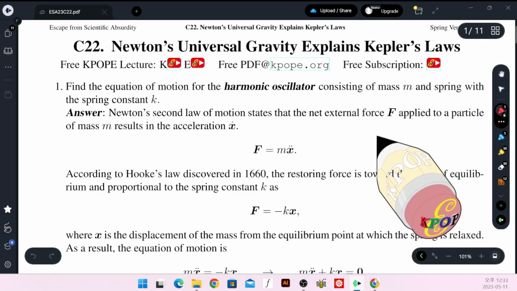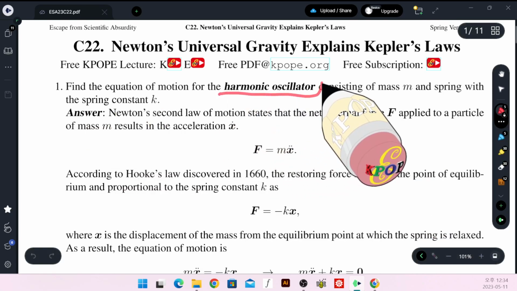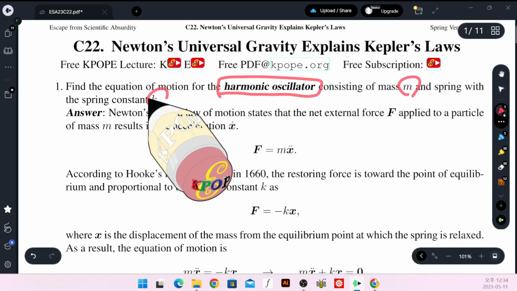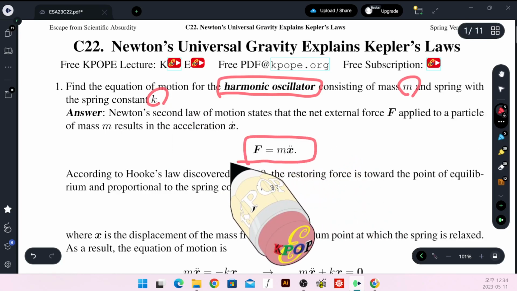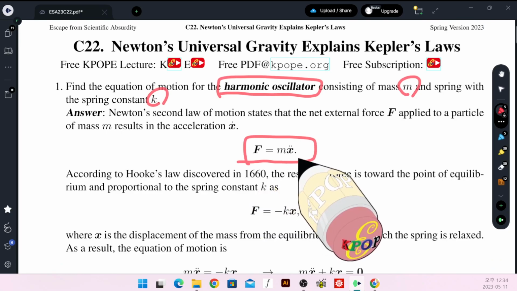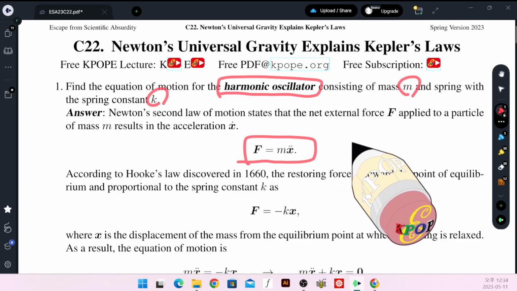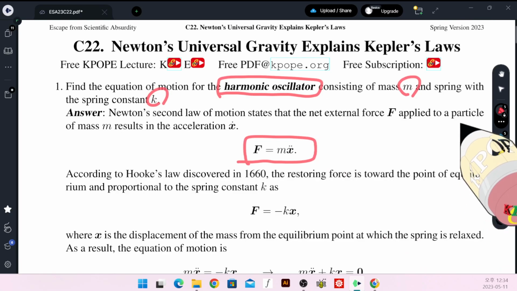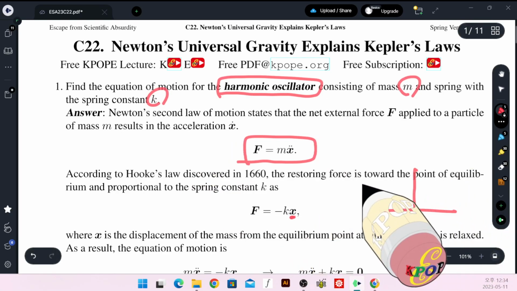Okay, we first consider problem 1. Find the equation of motion for the harmonic oscillator consisting of mass m and spring constant k. Newton's second law of motion says force equals mass multiplied by the acceleration, the double time derivative of the position vector. If you have a restoring force of a spring, measured from the equilibrium point,